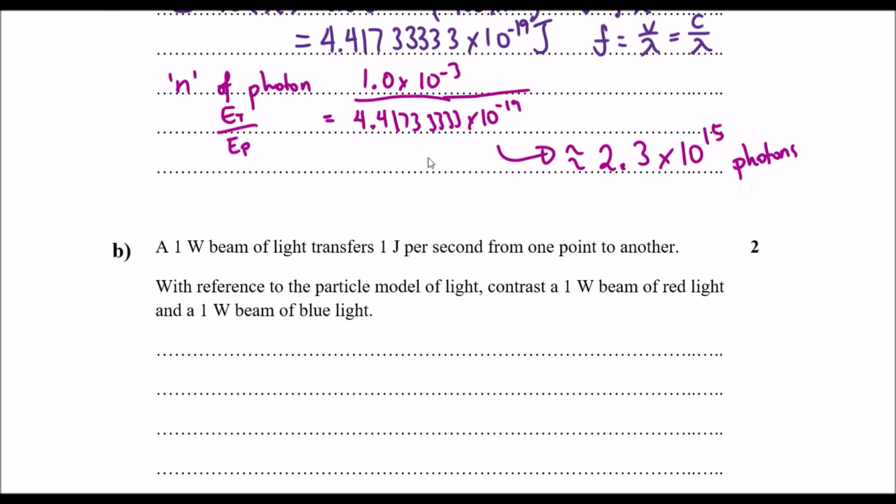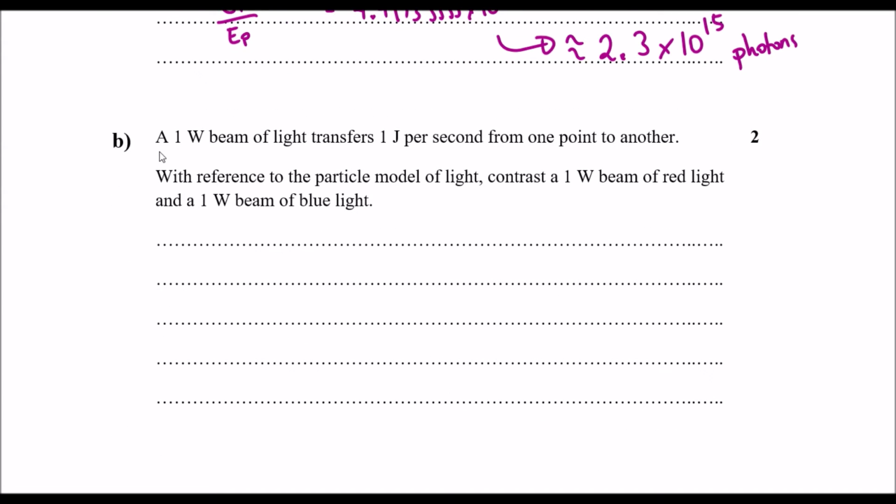So on to question B, which says a 1 W beam. We can say a watt of beam of energy transfers 1 joule per second from one point to another. With reference to the particle model of light, contrast a 1 watt beam of red light with a 1 watt beam of blue light. The easiest way to look at it is the wavelength of the